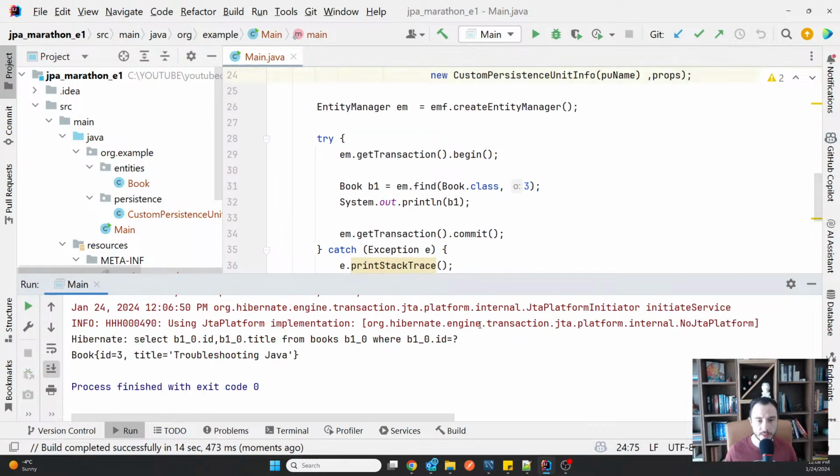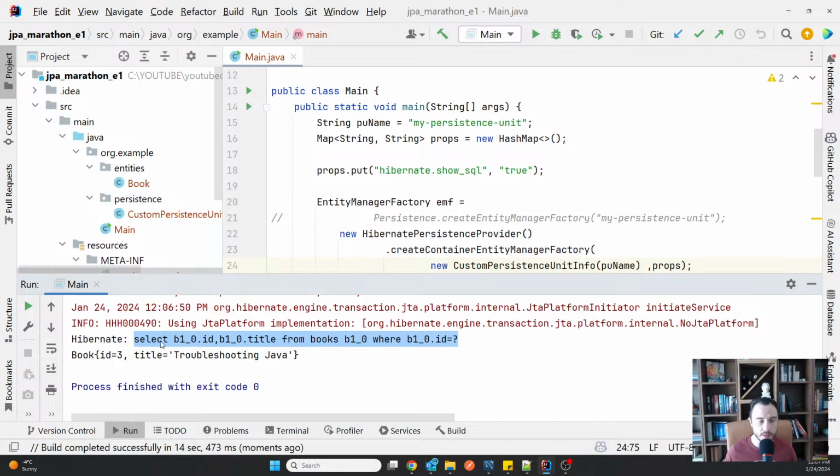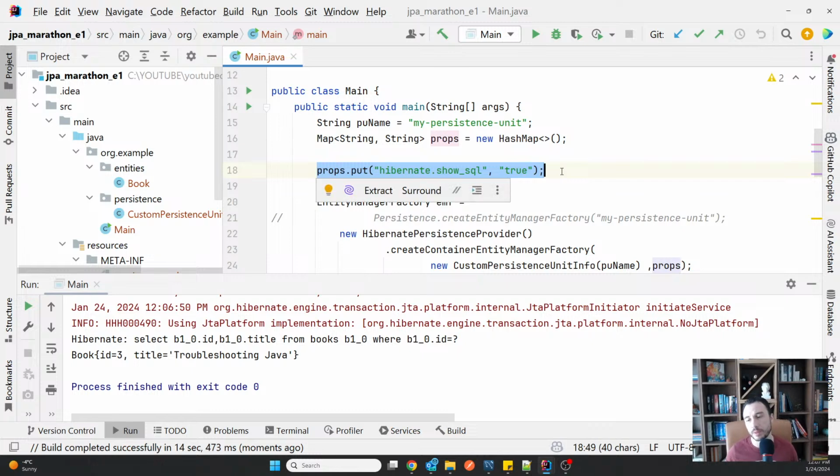And you can see the difference is now that I have been provided also with exactly the query the app runs. So this is a very important property that you want to use, because otherwise you don't know exactly how these have been retrieved, which was the query that has been used. Yes, I know this is a simple find. Maybe you say, hey, it's simple, but I'm talking here about real world applications in which things can be a lot more complicated than just a find, and then you really need to figure out if the native queries created behind the scenes work the way you expect them to work.